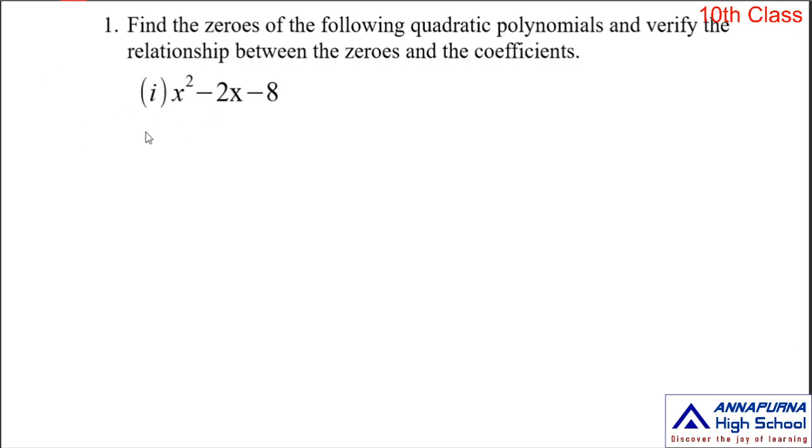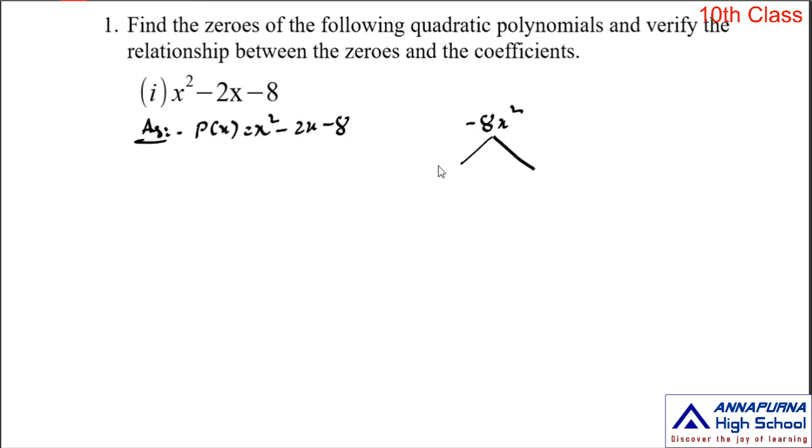Let's start. First, the given quadratic polynomial is p of x is equal to x square minus 2x minus 8. In 9th class you already studied how to factorize a quadratic polynomial. The first step is, by multiplying the constant term and x square term, we split the middle term. Here the constant term is minus 8 and the x square term is x square. The product is minus 8 x square. Now write down the two factors of this minus 8 x square, and when you add these two factors, you get the middle term, that means minus 2x.